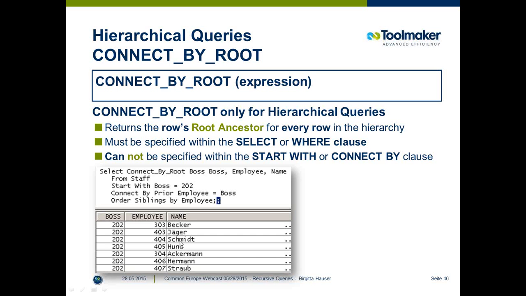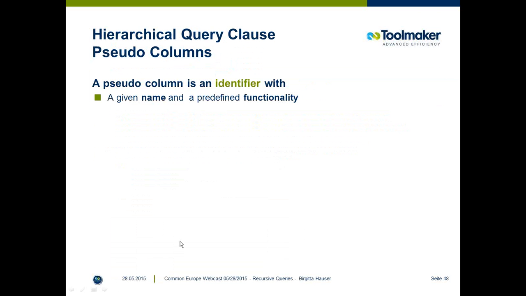Okay, then we have a lot of other things. So you have seen before, it's ordered based on the branch. So it goes down a branch, goes back, goes down again. And if we want to have it ordered based on the level, we can use a recursive common table expression, quite sure, but we have additional information that we can use. One of those pieces of information is